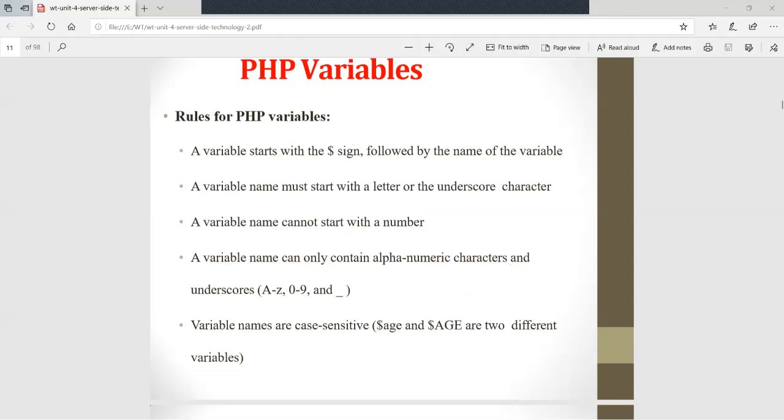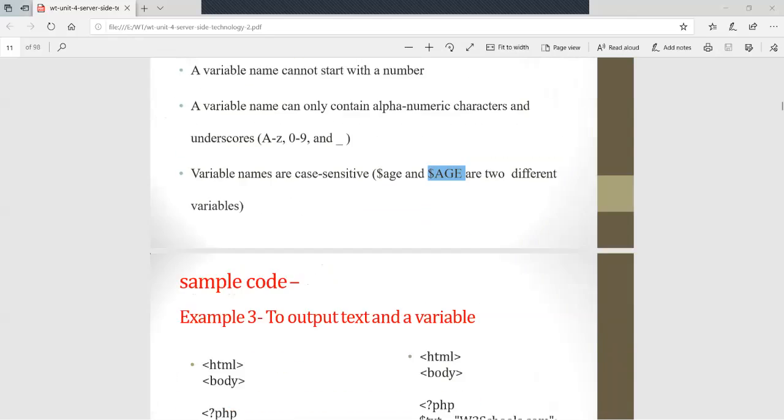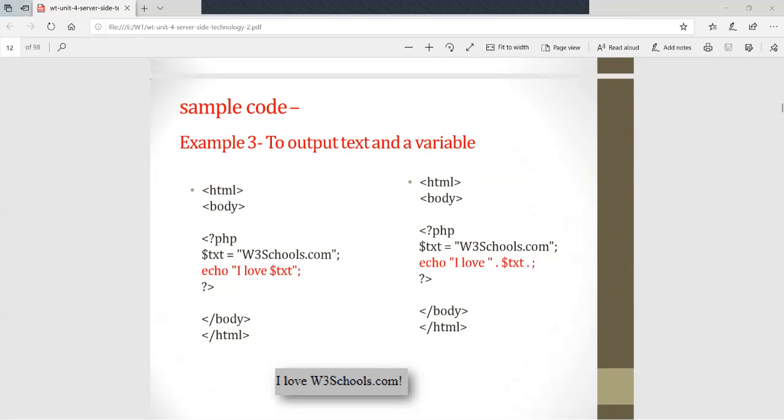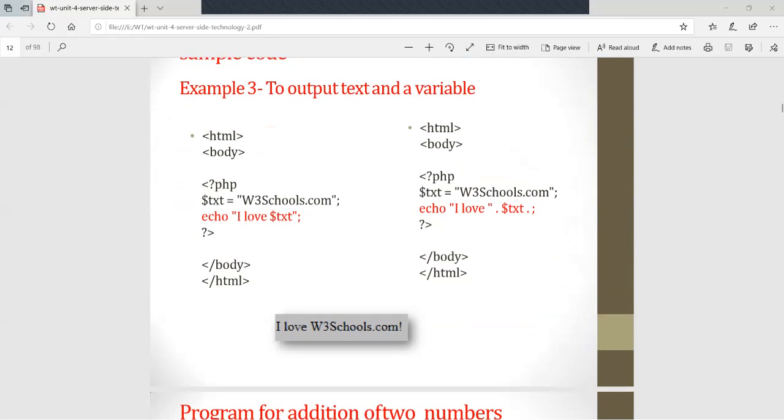Variable names are case sensitive. Suppose you declared $age, and whenever you call that variable you write it differently, like $Age. These are two different variables, and the compiler can give you an error. Right?